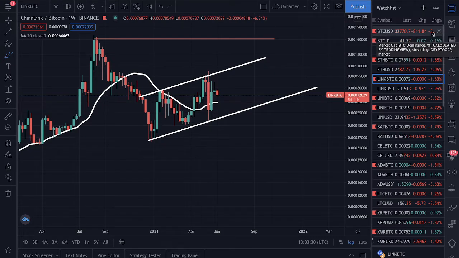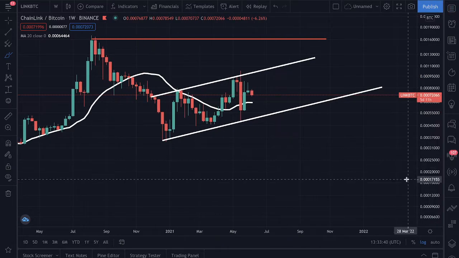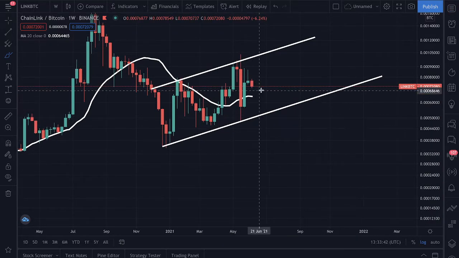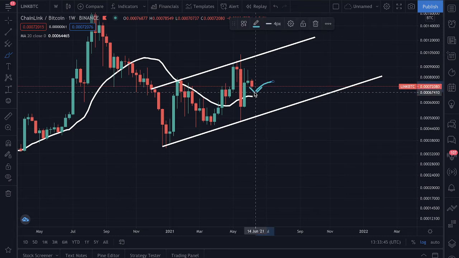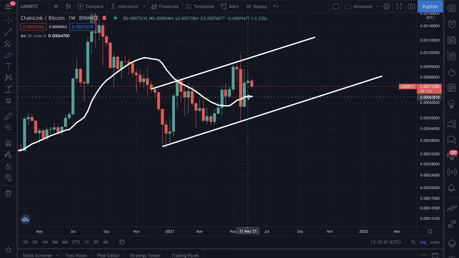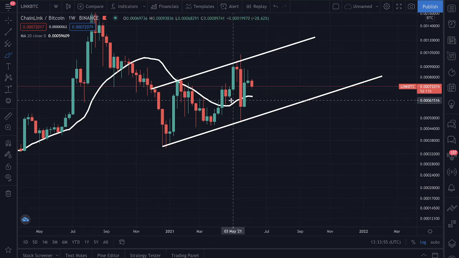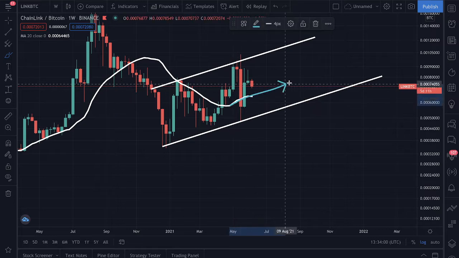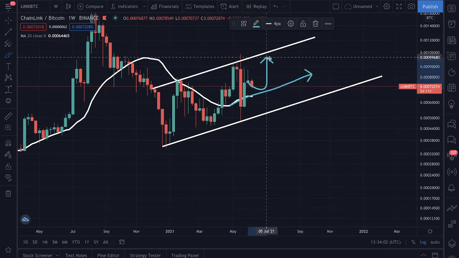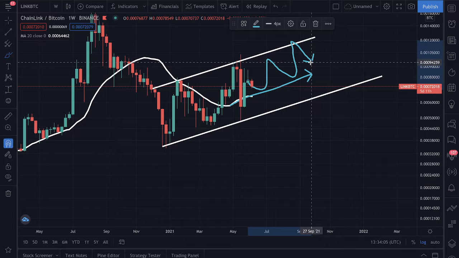As we can see today, Bitcoin is down 2.5%. The whole market is down. And Chainlink is down about 4% against the US dollar, about 1.5% against Bitcoin. So what I'm looking for here is, even if we do trend down, is to either hit the 20-week moving average, in which case we can then assume that this upper line is going to be overhead resistance, and the 20-week moving average is going to be support, cutting this rising channel essentially in half, right? If that holds, that would be the situation to look for.